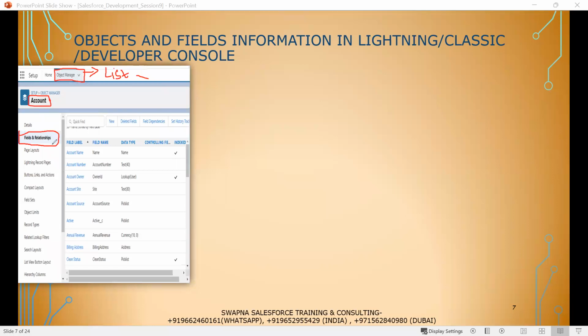When you click on a field's relationship, you will see the field label, the field API name, and what type of data it is. There are some other fields as well, but for now, just focus on field label, field name, and data type. This is how we will see it in Lightning. Whereas in Classic,